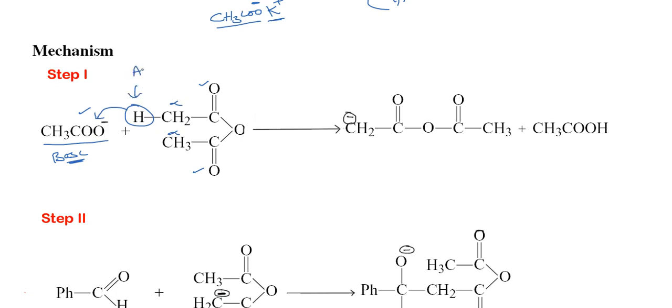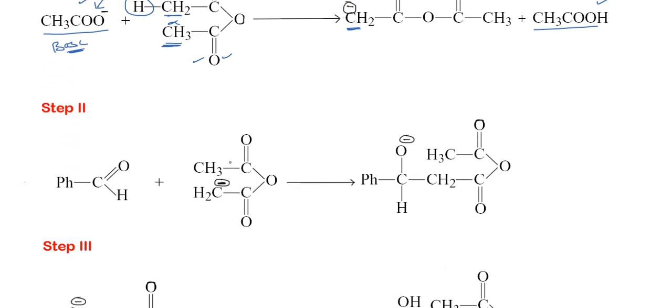These are more acidic as compared to those of an aldehyde or ketone because now there are two carbonyl groups and one oxygen atom also present. It is an electron withdrawing group, so electrons will shift over this oxygen. So all these alpha hydrogens are more acidic as compared to the aldehyde or the ketone. This base will take away this hydrogen, so the alpha carbon will get the negative charge, and it becomes a carbanion, and the base is converted into acetic acid here.